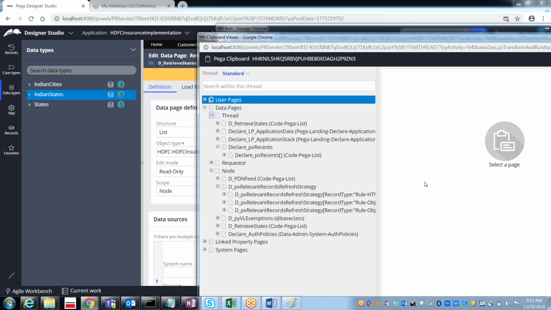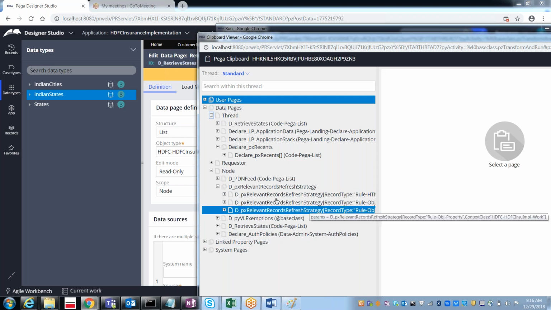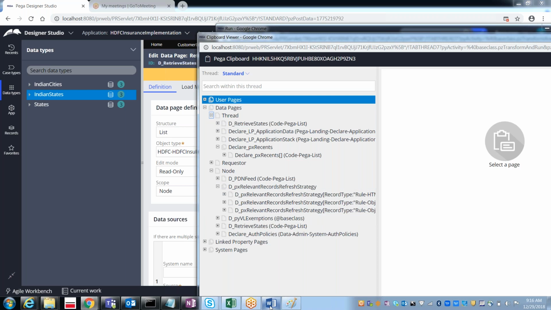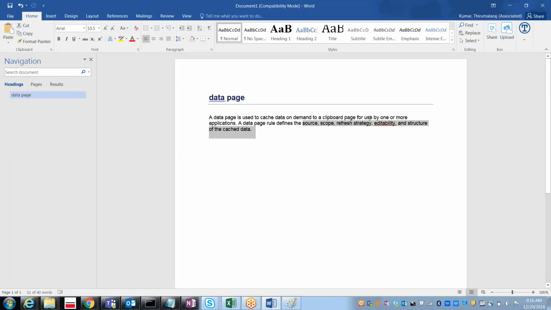Why? You changed it to node, so it got created under the node category also, but it is still available under the thread category for that particular work object.